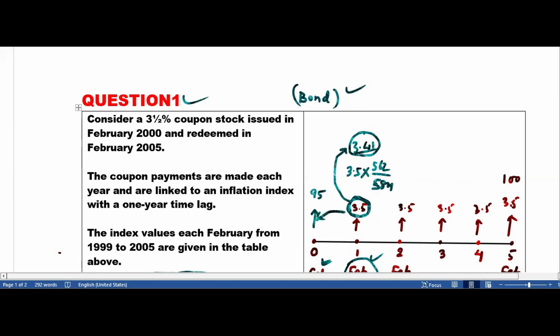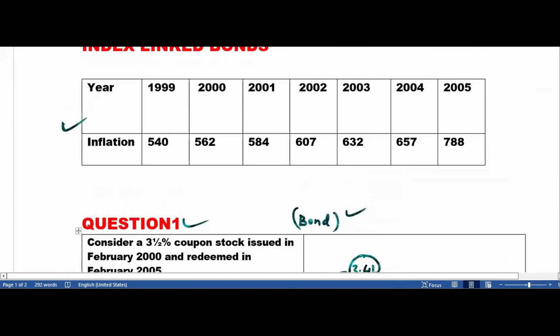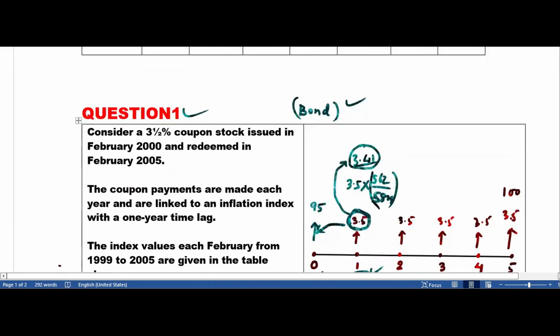That's why they will increase your value. They will give you more, so that when you decrease this way, you will not feel that it's going down. So before you do this, they will increase by applying the same index in an opposite way. That means, what are the payments you will get in case of index linked bond? Not bond, let me change this one. I'm talking about index linked bond now. In index linked bond,